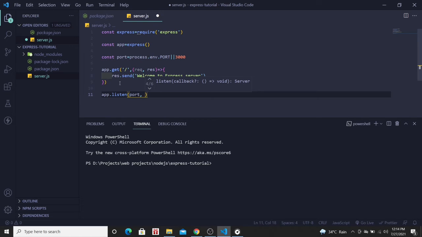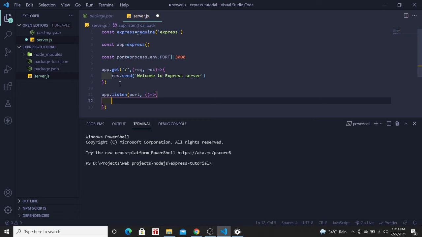So say at this moment I just want to console log this value. That means I just want to see whether it started or not. For that I am creating a console log. Here I will write: server started listening on port, the port number.